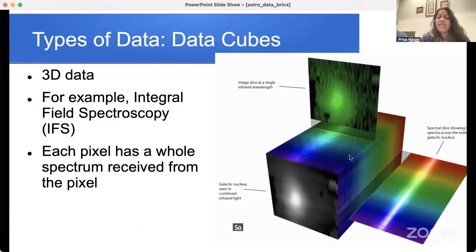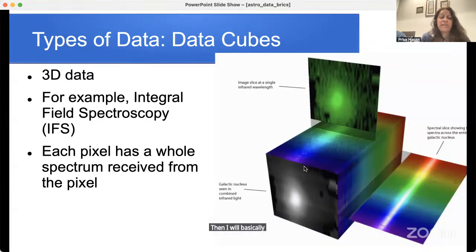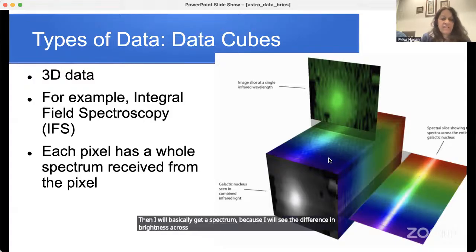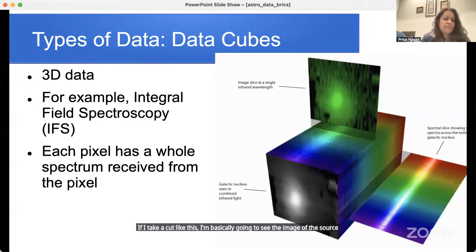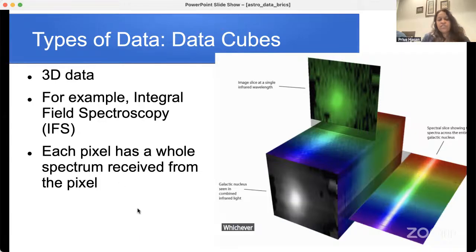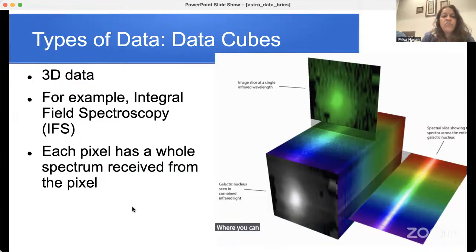So think of it like a loaf of bread where you actually have images in different wavelengths. If I were to take a cut across this, then I will basically get a spectrum because I will see the difference in brightness across various wavelengths. If I take a cut like this, I'm basically going to see the image of the source in a particular wavelength, whichever one I'm interested in, right? So this is three-dimensional data, or data cubes, where you can have all this information about